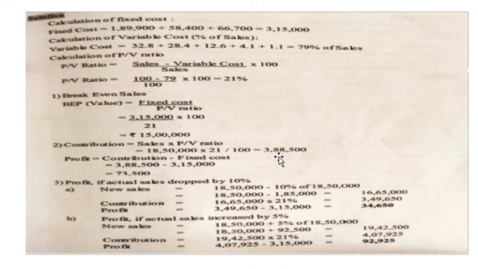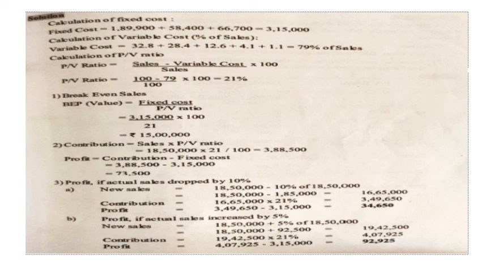of 3,88,500. So from this contribution, if you minus fixed cost, we will know whether we are getting profit. So from the budgeted sales, we have got contribution of 3,88,500 minus fixed cost, which is 3,15,000, we will be getting 73,500 as a positive answer, where your fixed cost is lesser than your contribution. So we will be getting profit of